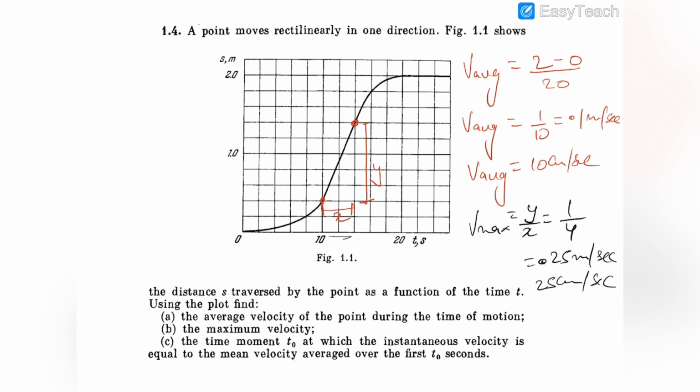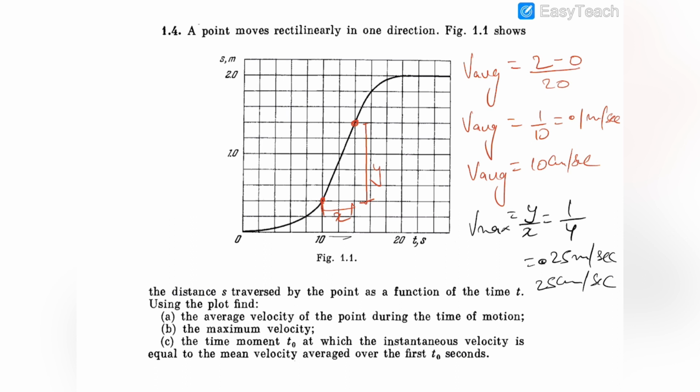Now the instant of time when the instantaneous velocity is equal to the average velocity for t naught seconds. So let us suppose that at some time t naught, the instantaneous velocity is equal to the average velocity till that time. So obviously we know that if instantaneous velocity is equal to the average velocity, then the displacement of that particle is exactly equal to the